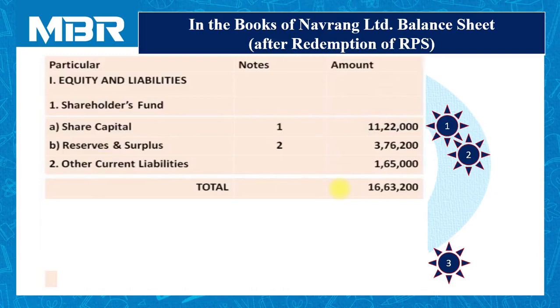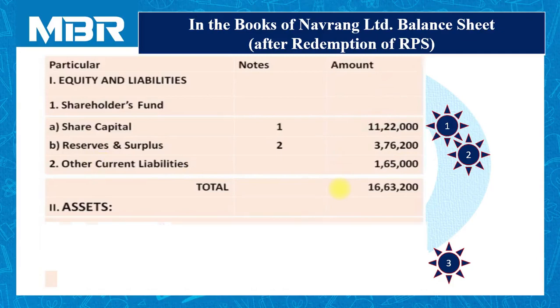Second part of the balance sheet is assets. If you want to present each and every item following the format given in the Companies Act 2013, you may present all items right from note number 1 to the last note number. But we need not include everything in the question of RPS because only a few items are given to us in the balance sheet of the question by the examiner. So we have to record the items given to us.